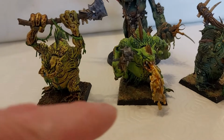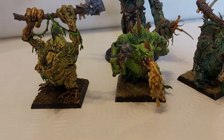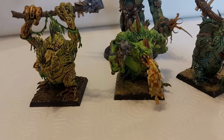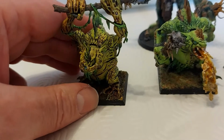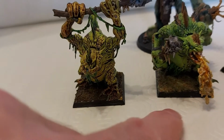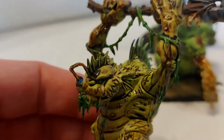Now, I made these about 10 years ago or thereabouts, and it was a real rush job. We were trying to get an orc and goblin army together for my son. So I was rushing through them all, and they're all right. The paint jobs are all right, but I'd like to just do more. One of the things doing this is giving me an opportunity to change the bases to round bases. So that's one thing I've got to do. If we take each one